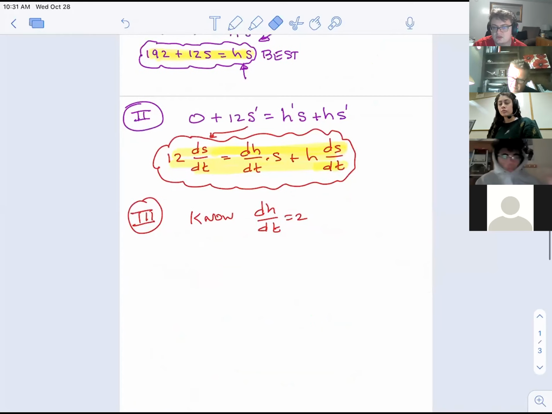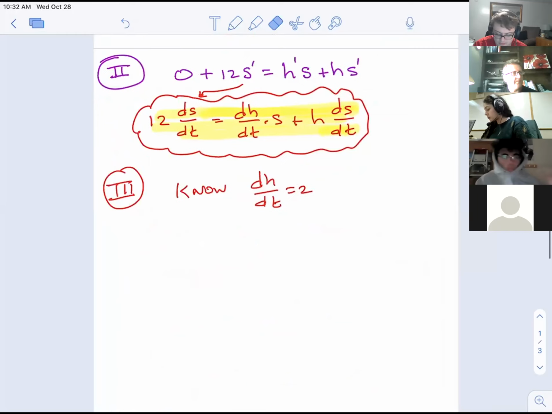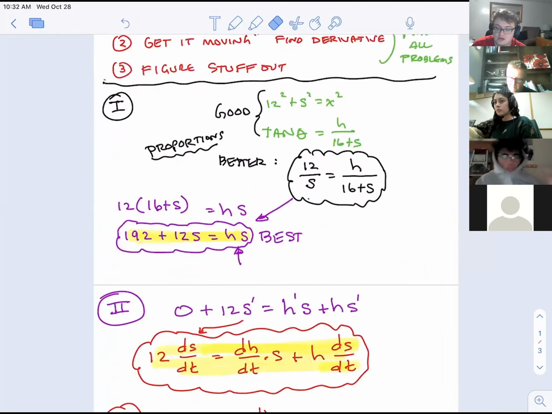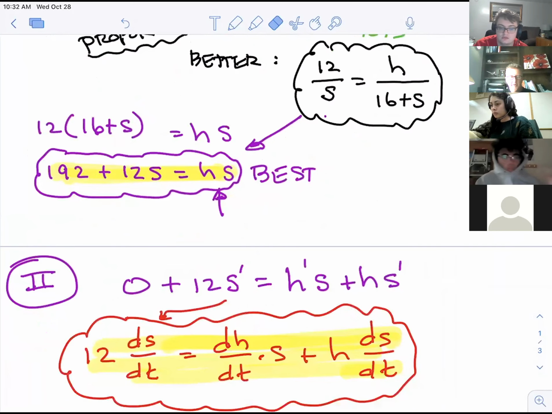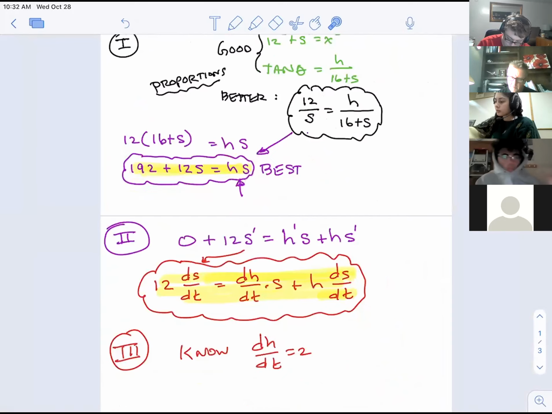So all we know is the earlier equation, 192 plus 12S equals HS. Can't we substitute H or S from that into our final equation, and then only have one variable to solve for? So we have to know one thing, but based on this equation right here, we don't actually have to know both. Like if I said I know H is 9, well, then I could solve for S myself. I don't have to be told two things, but I do have to be told one thing. And so there's all kinds of things we can do.